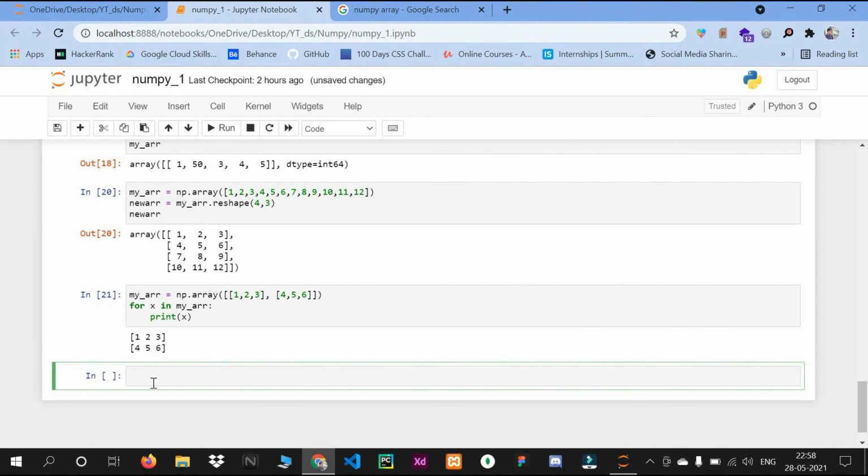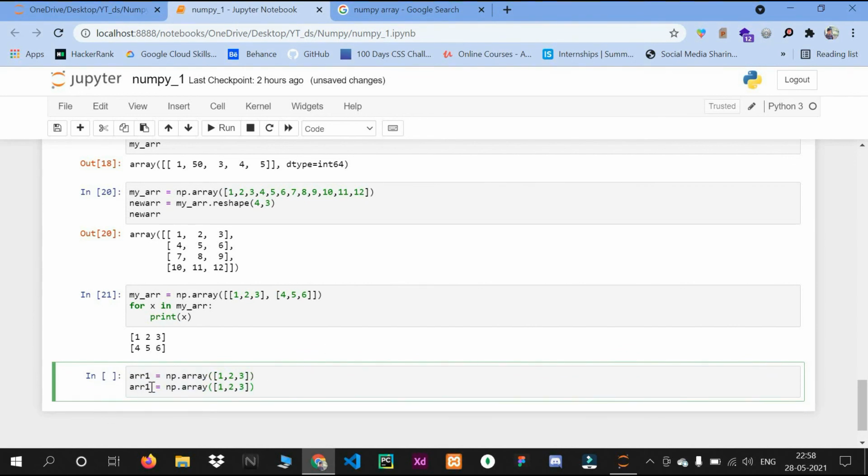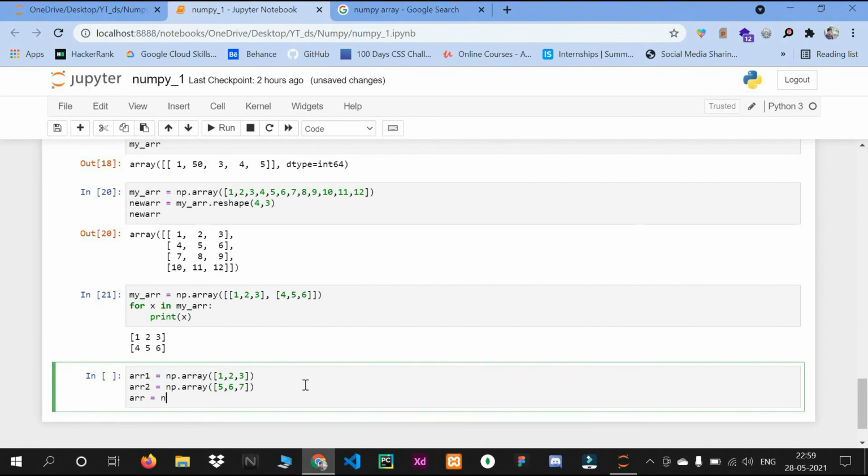And then we will see joining of arrays, how we can concatenate two arrays. For this I have to make two arrays, like array 1, and we'll make two arrays, just make 1D arrays, and the same for the second. And then we'll take a new variable, and in this we will concatenate, meaning combine, two arrays.